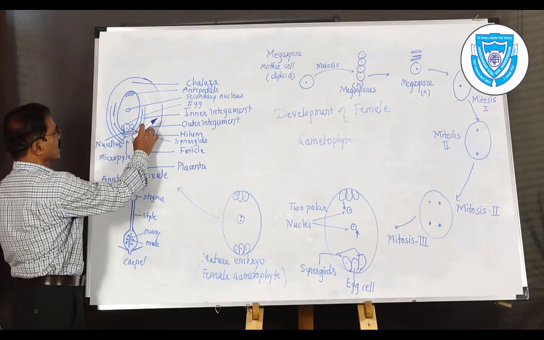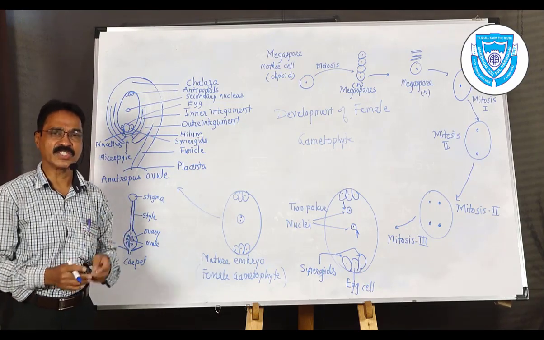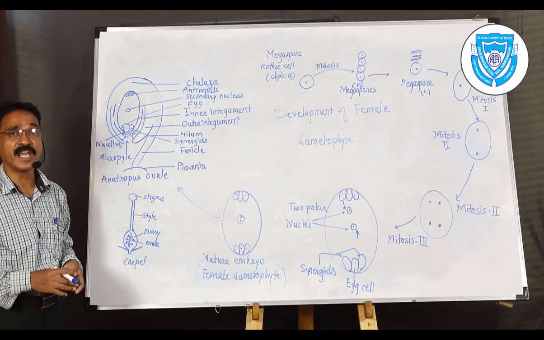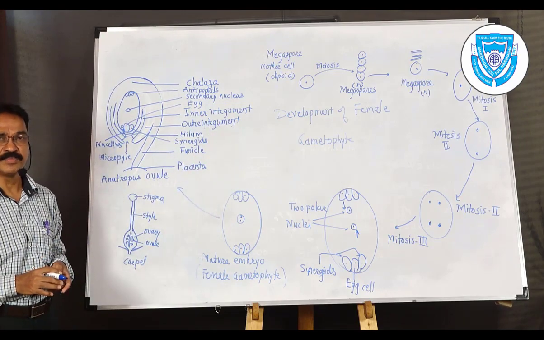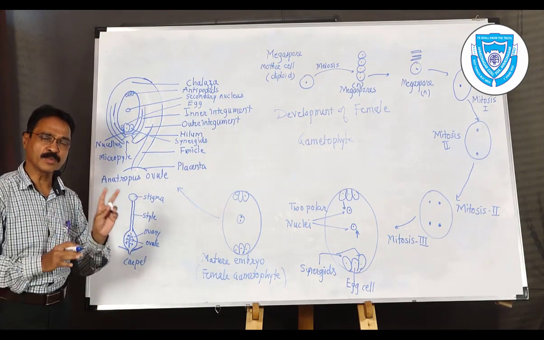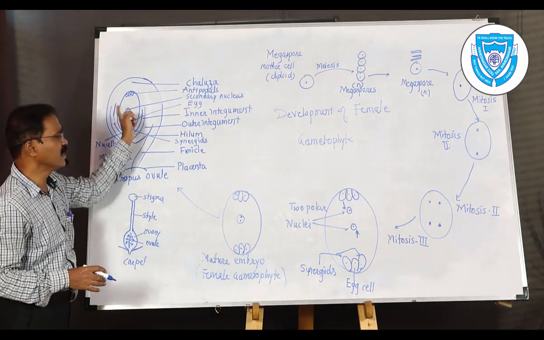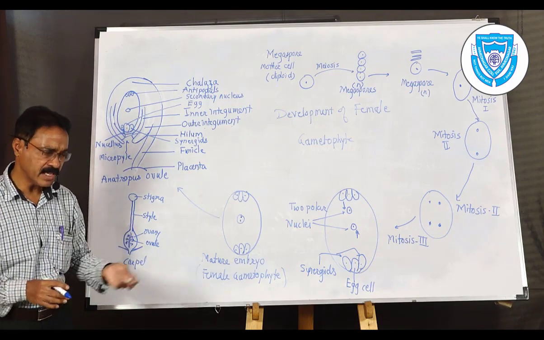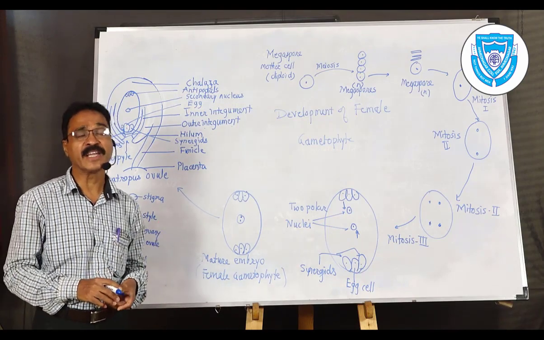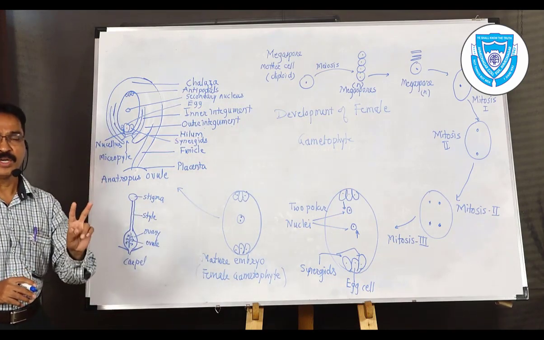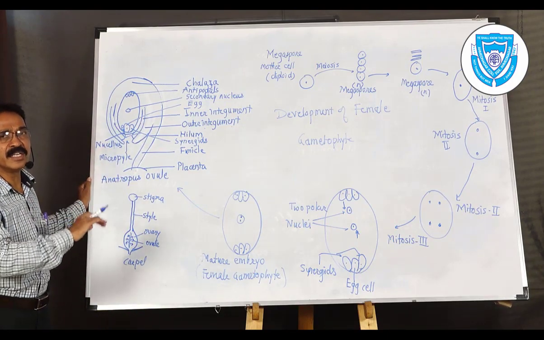Okay. Then this total structure is covered with some layer-like structures or coverings, which are called the integuments. Integuments are the coverings or layers you can see over the ovule. The integuments are two, the outer and inner integuments. Mainly in angiospermic plants, the integuments are two, so it is called bitegmic. Bitegmic, so two integuments are present. The outer integument is somewhat harder than the inner integument.